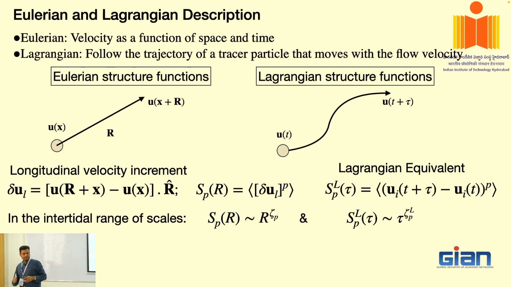Okay. So if you do the same thing in the Eulerian framework, at some time t and at the same position we look at the velocity at some later time. Sorry, can you repeat your question? I have taken u(r + x) minus u(x). In this framework, if I just take u at t plus tau minus u at time t, looking at the flow at some later time, is that also giving some kind of signature?